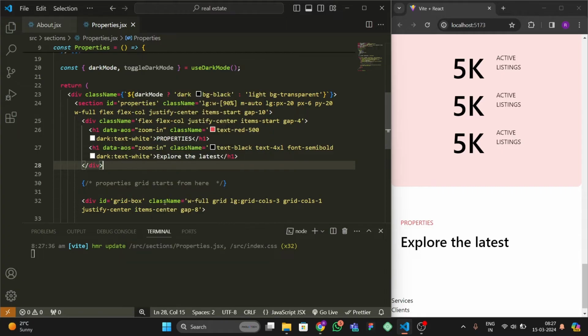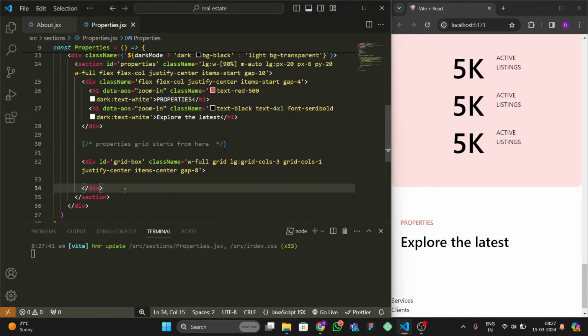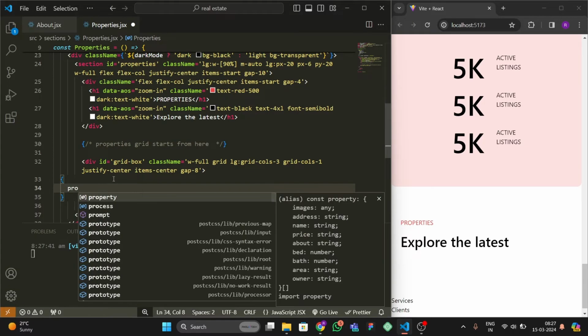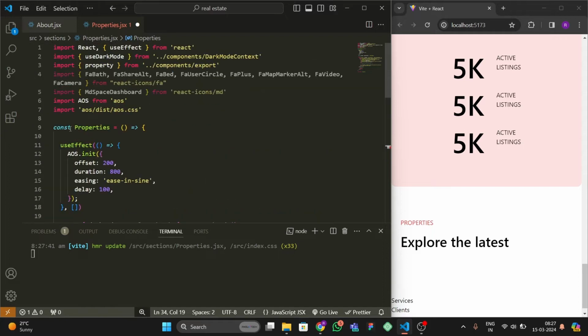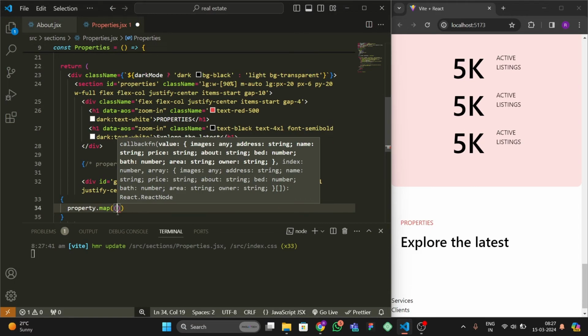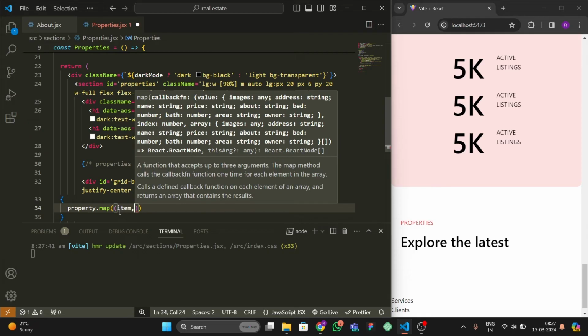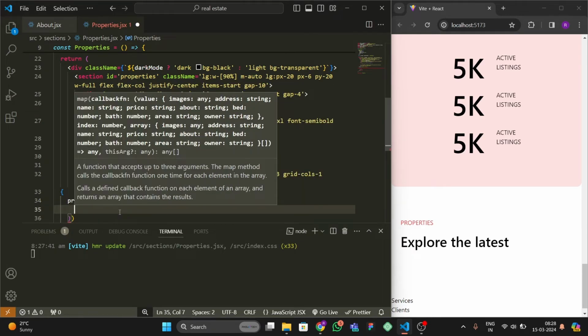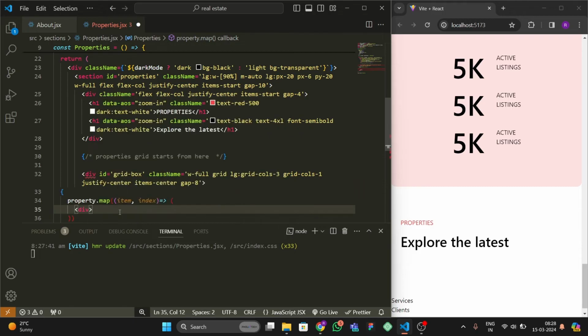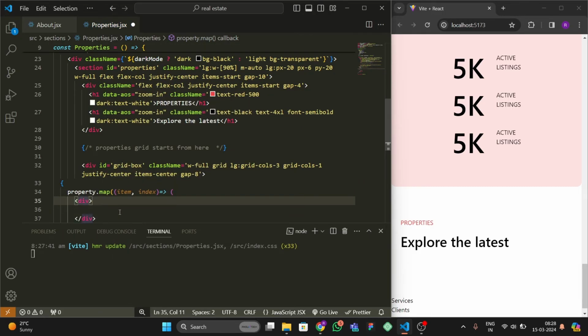Okay, so let me format this. Now we're going to map our properties here. So here we're going to write property dot map. Okay, so we have this property dot map. Then inside this I'm going to write item, index, then open the arrow operator. Here we're going to write a div again, with a closing tag. Then inside this div we're going to write